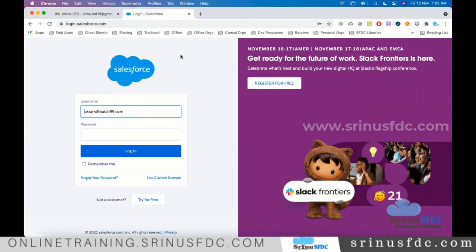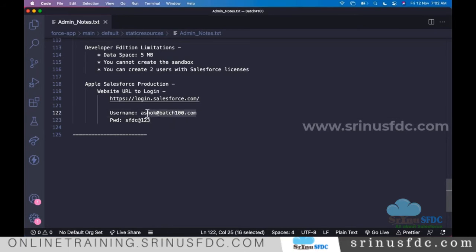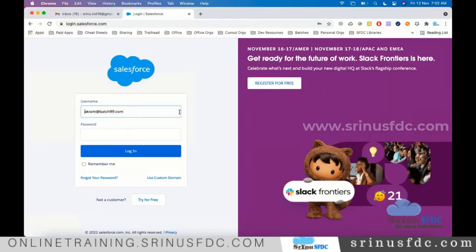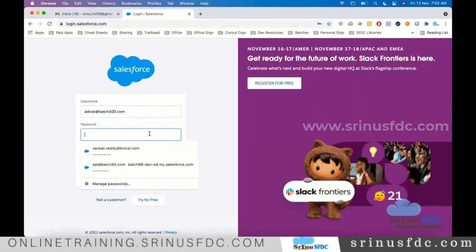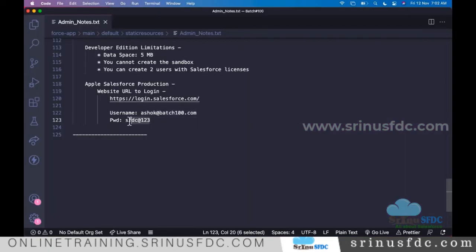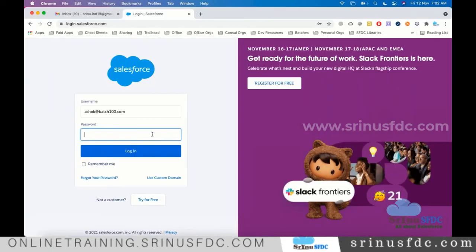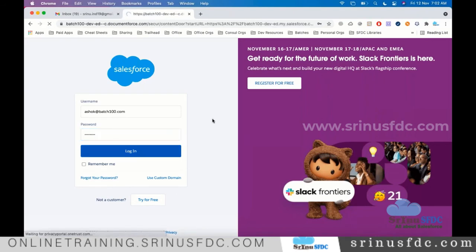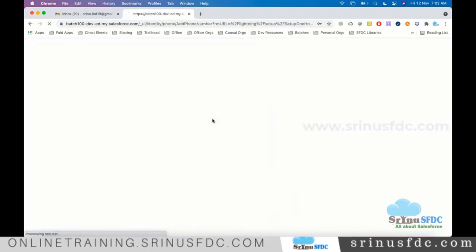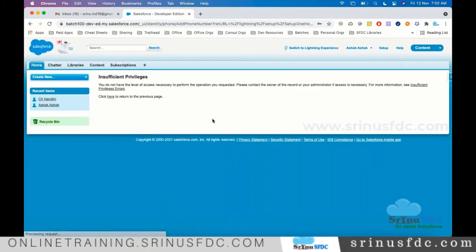Now go to login.salesforce.com and enter the username and password. Okay, so this user is logged in.